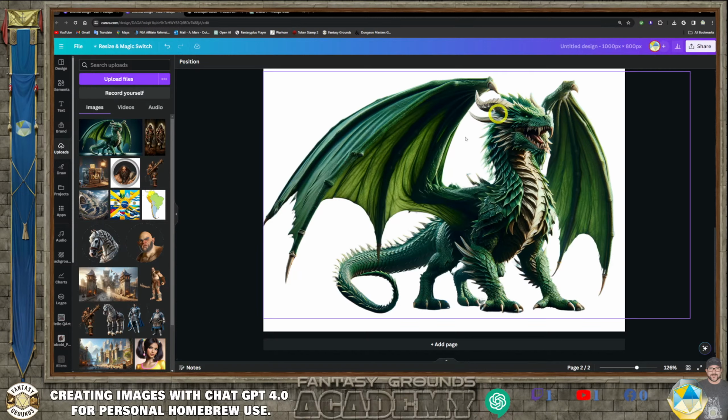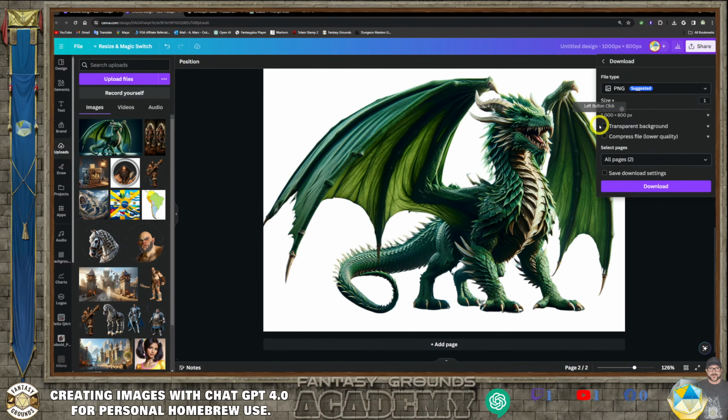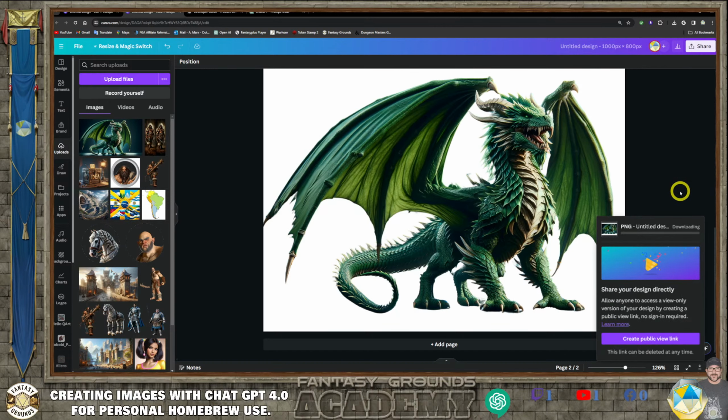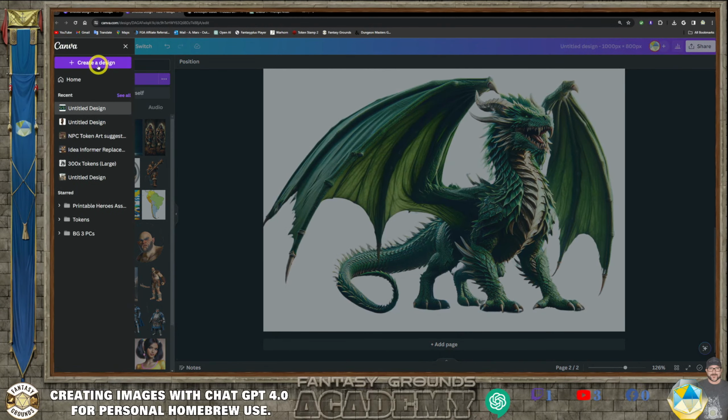So I'll take this image now, and I'm going to download it. Make sure I click on this transparent background so it doesn't pick up any of that white stuff in the background. And then I'll go ahead and hit download. So that's that, and that's going to download those. Now I'm going to go to a new design. So we'll create a design,